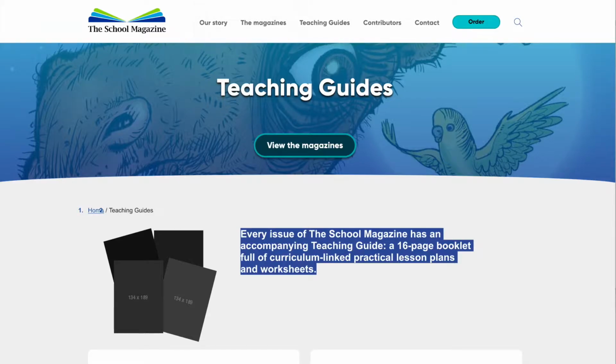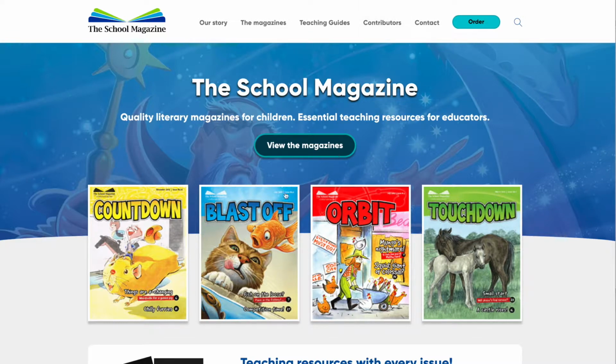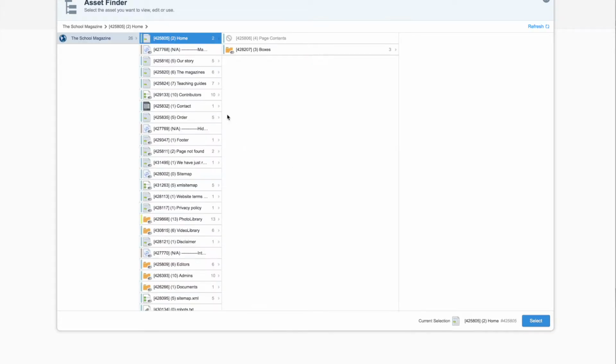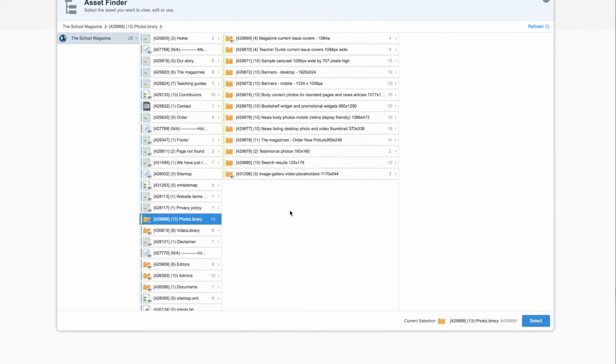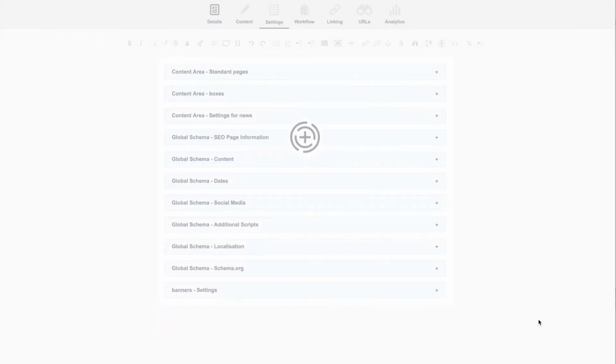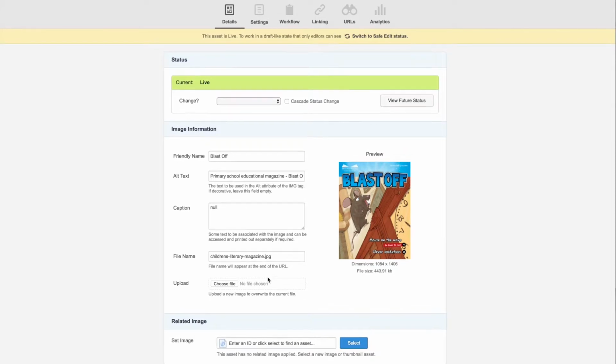Okay, so the next part we'll update are these covers. There's a separate video on updating the covers, but basically the covers are stored centrally. So if we go here, here are all the covers, and because they're stored centrally, when you update them once, it'll update throughout the website. And you just go choose file and you update it with the most recent version of that cover.